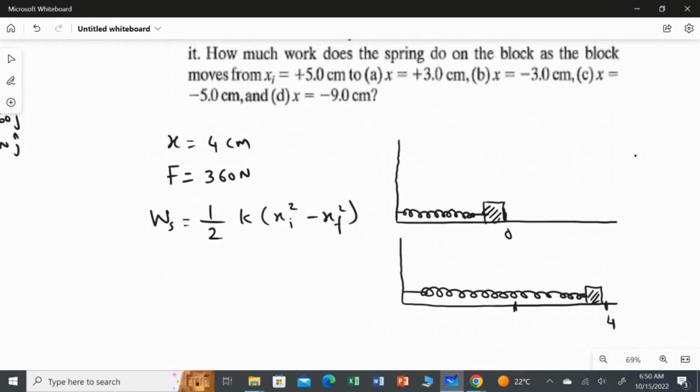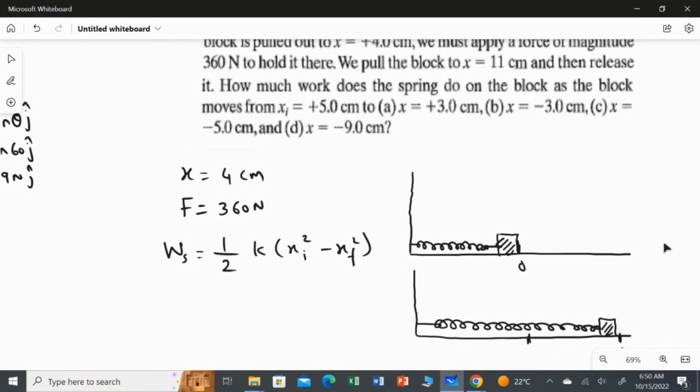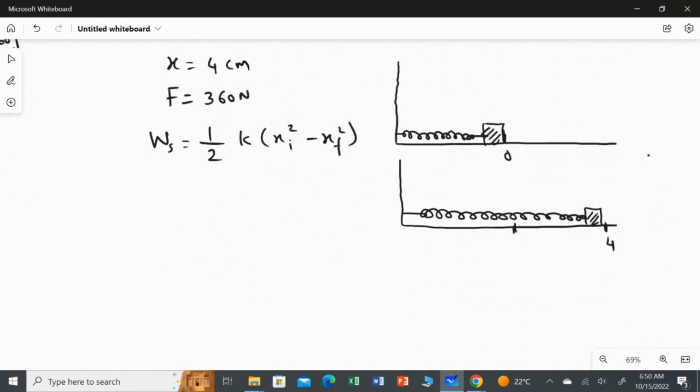So now what I'm going to do, before we go to the second part of the question, for sure we need the value of the k, which is nothing but the spring constant. Once we find the value of the spring constant, I will explain the question from this line to this line. Okay, so first of all, we have to find the spring constant, the k value. For that, we have to use Hooke's law, F equals minus kx,